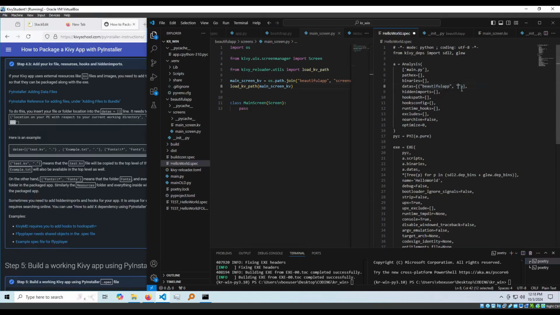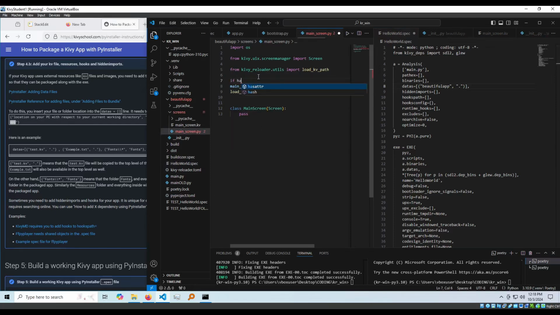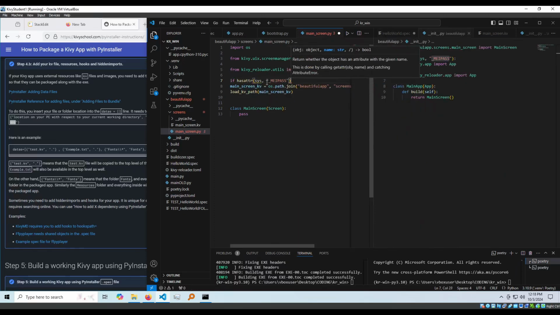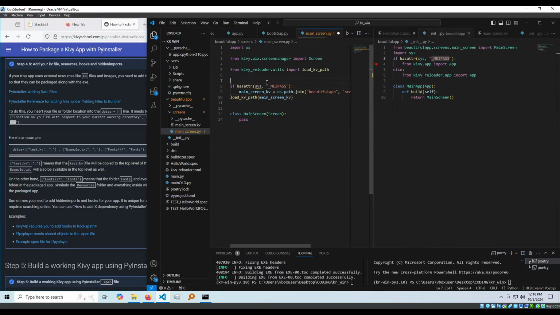Let's say I send beautiful app to the current working directory. What's going to happen is that you're going to lose the beautiful app. Everything will be in screens in the MEIPASS folder of the app. And that's not going to be good, because then here you're going to have to modify it. So it would be like if has attribute this MEIPASS, right? Then you would also import this. Then you would say do this,